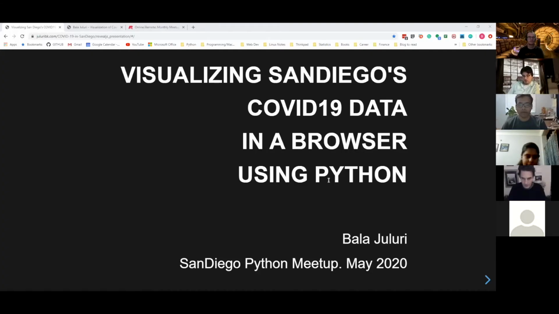Today I'm going to talk about visualizing San Diego's COVID data in a browser. The main motivation for this project, which was just a side project of mine, was to better understand San Diego's COVID-19 data. It all started early last month, when San Diego County was